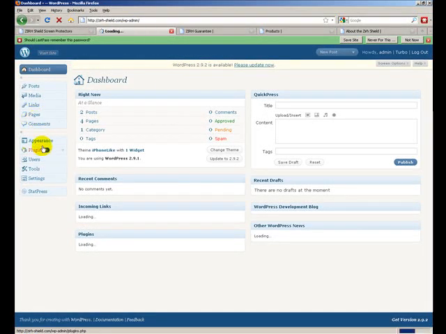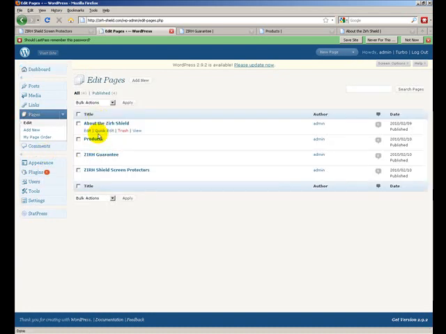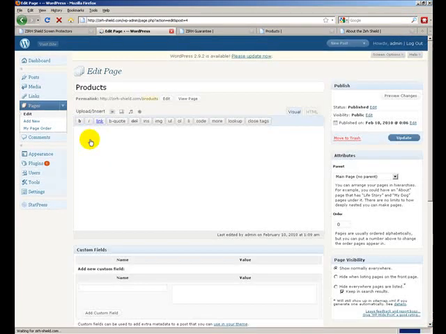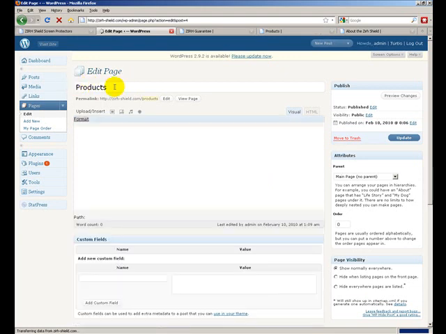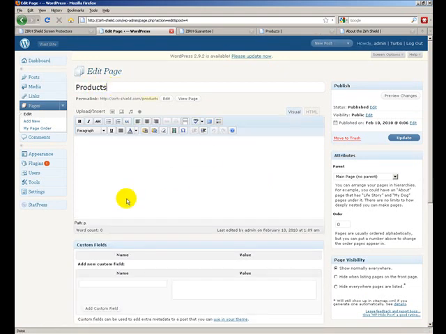Click on pages, and you can see the pages listed. You see products also, but it's just a placeholder. If I go ahead and click on this, you'll see that it's just all blank in here, and it's just the name products. And what we're doing, I'll show you this even though you don't need it right now, is